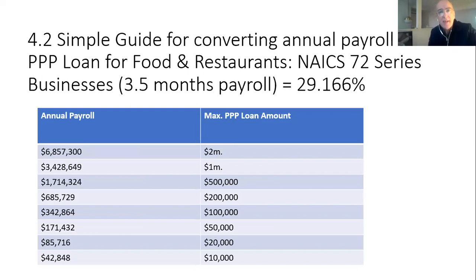What you can see here is that if, for instance, you have a payroll of $171,000, then your PPP loan is $50,000. If you double that to $342,000 a year, then your PPP loan is $100,000. That gives you the scale of the importance here of knowing that the payroll calculation is the key driver for your loan. We'll come back to that and look at this in more detail with the Q&A, but